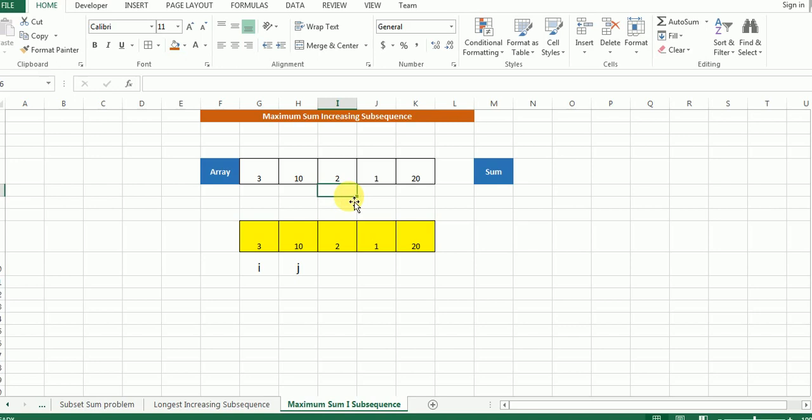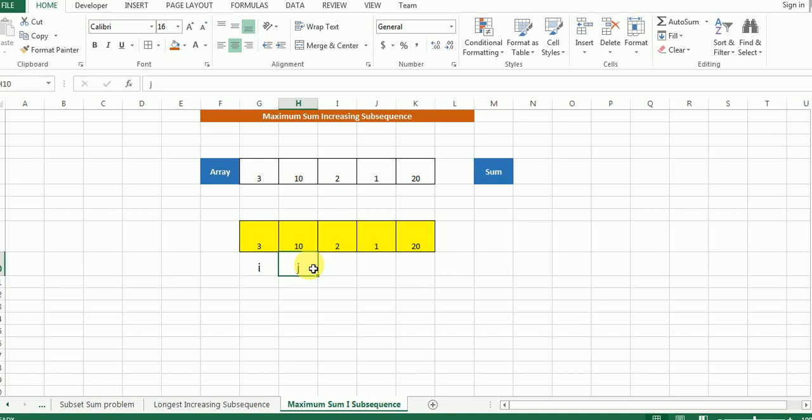So here we have the setup of our solution. As you can see, the array is over here and this is a temporary array which I have pre-filled with the values of the respective cells. Since I already told you that this is an alteration of the longest increasing subsequence problem, there is going to be a runner and there is going to be a marker. The marker is going to mark the end of the subproblem. So let's start solving it.